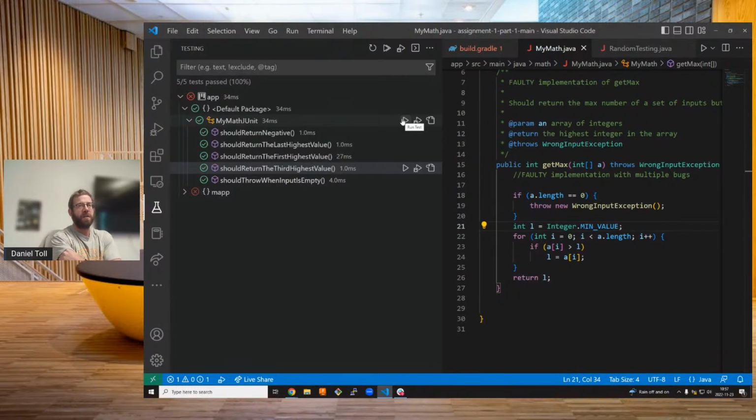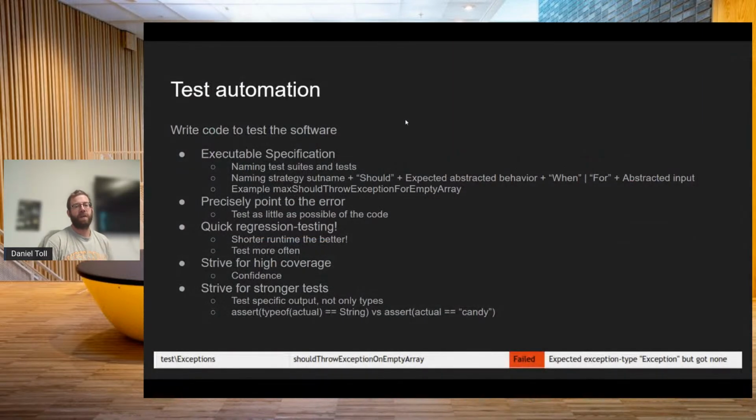The more you run it, the better. The more you rely on it, the better test suites you have. So the speed of a test suite is an important factor. And I have a couple of examples on later slides on this. We want to get confidence that the code works. So we should strive for high coverage, I call that,